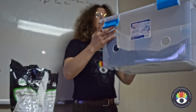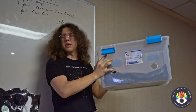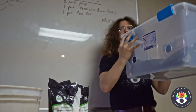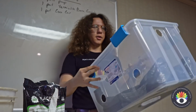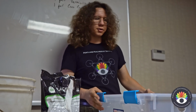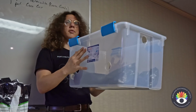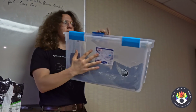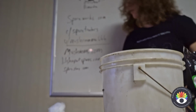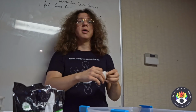So what you want to do is take a tub. This is bigger than what I usually use, and I apologize, but I'm going to be experimenting a little bit with how much it's going to take to fill this guy up. I usually use one that's about half this size, but the holes are on point. You're going to want to make two holes on each side for the longer sides, and one hole on the other side, and then you can either take polyfill and stuff those. I'm just going to take my micropore tape, and I'm going to tape over those